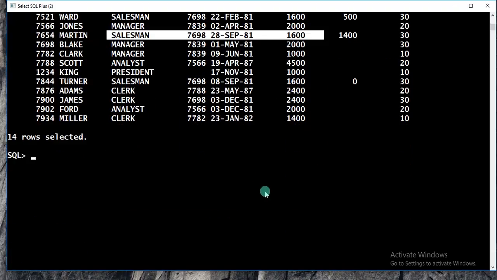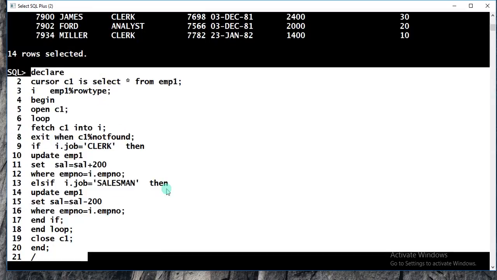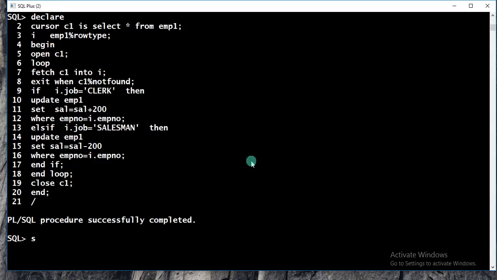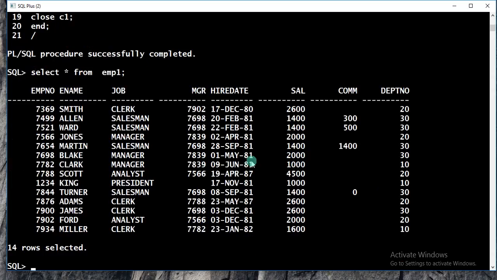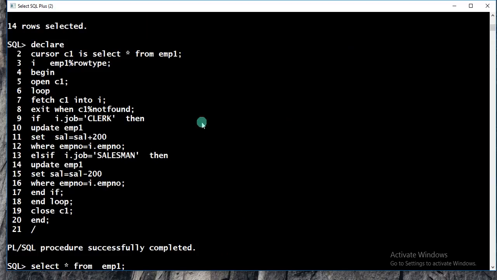So now what I am doing, simply paste here, and our program will be executed. So now go and see whether the table is affected or not on the base table. Now select star from EMP1. See, previously 2600. What did I write in the program?